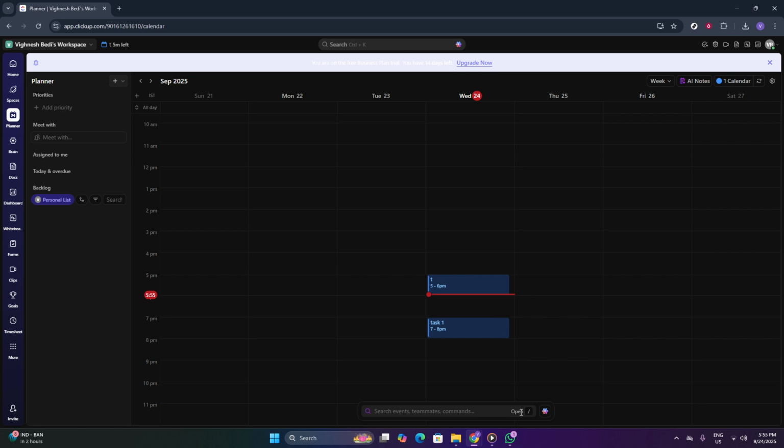And there you have it. By following these steps, you've successfully merged the power of Google searching with ClickUp's task management capabilities. This integration not only helps you stay ahead of your schedule, but also enhances your overall productivity. So, whether you're planning for yourself, your team, or an entire department, ClickUp coupled with Google can be a game changer in staying